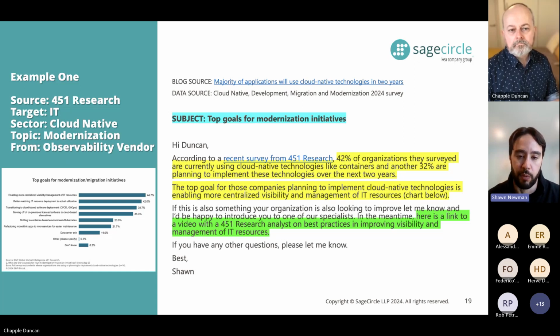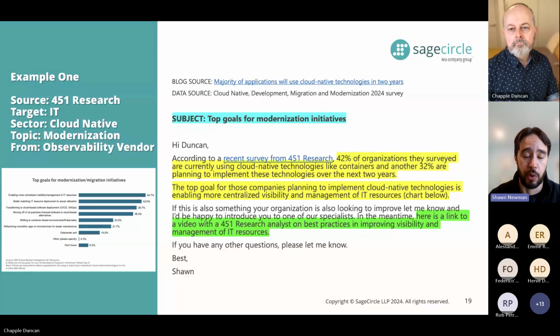So again, a lot of what I like to do is data driven. It's helping companies learn. It's helping them cross that chasm. It's helping them understand why this email is in their inbox and why they should think about what's in green, which is your hook, which is your kind of next step, your call to action.